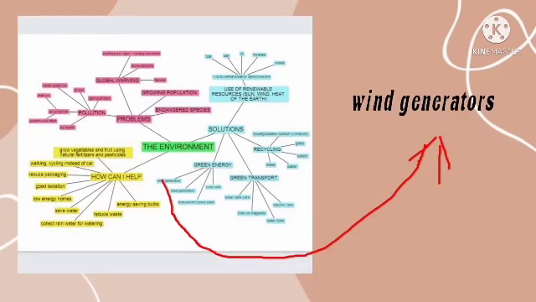Wind generators. The basic working principle of a wind turbine is to convert mechanical energy from the wind into rotation in the windmill. Then the rotation of the windmill is used to turn a generator, which will eventually produce electricity. This tool serves to change the low speed of the wheel into high rotation.